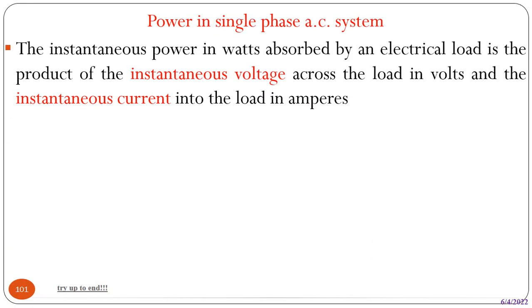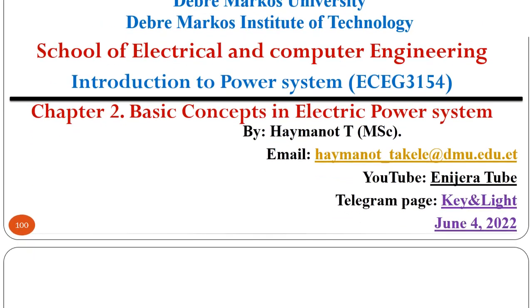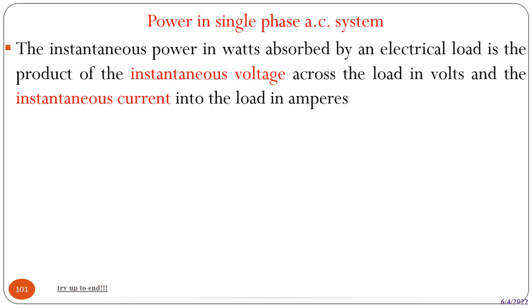The basic concepts of power systems start from a single phase power system powering a single phase AC system. The instantaneous power absorbed by an electric load is the product of the instantaneous voltage across the load in volts and the instantaneous current into the load in amperes. That means the instantaneous power p(t) is equal to v(t) times i(t),